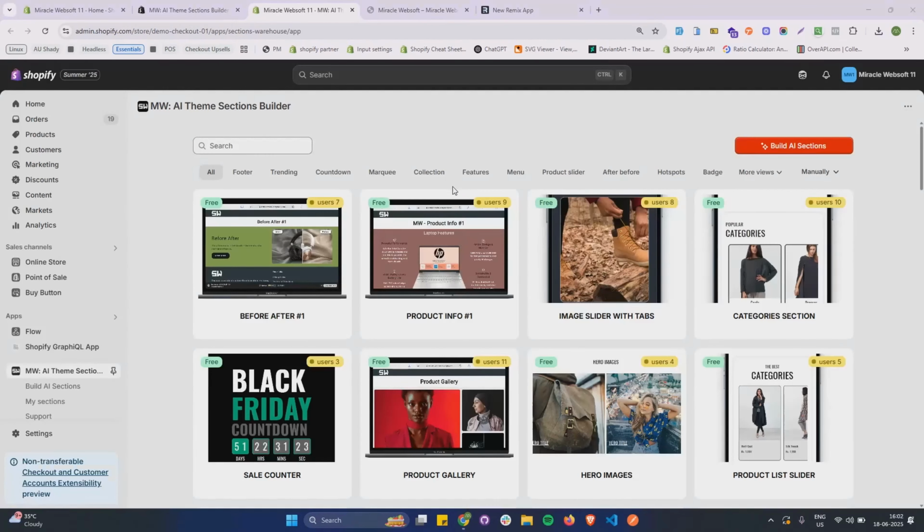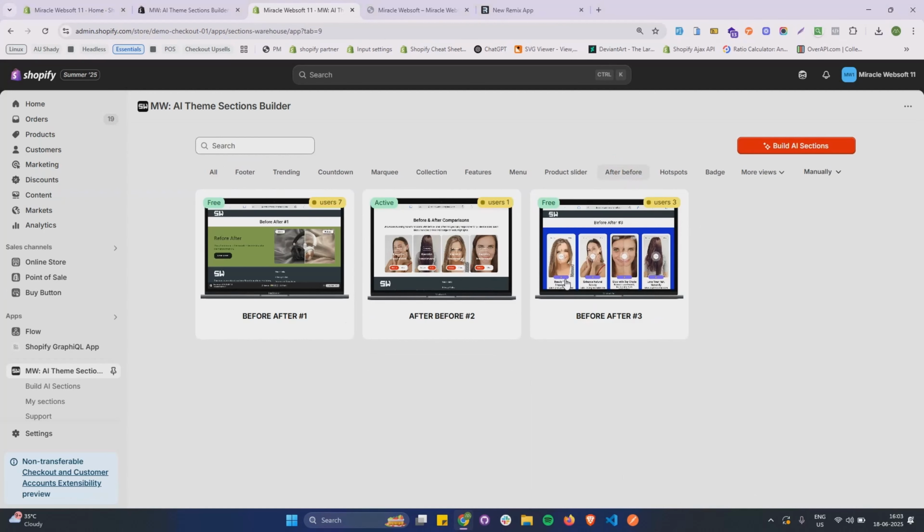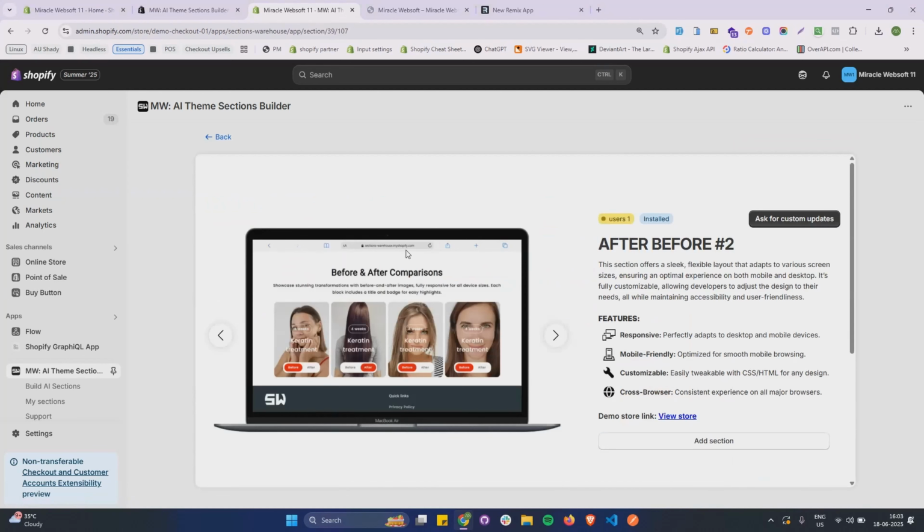And now you have come to the dashboard. And this app gives you tons of drag and drop free sections. Now search for before after, or here in the slider you can search for after before. You can click on it, then select your desired section, then again click on the section that you want, then click on add section